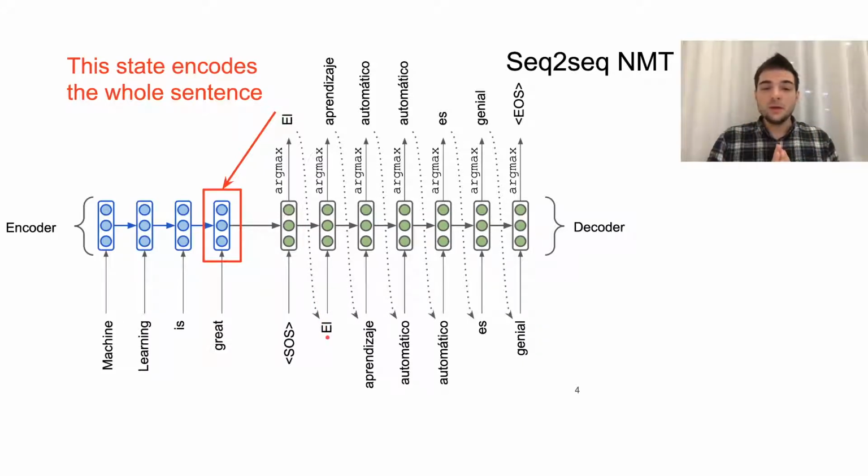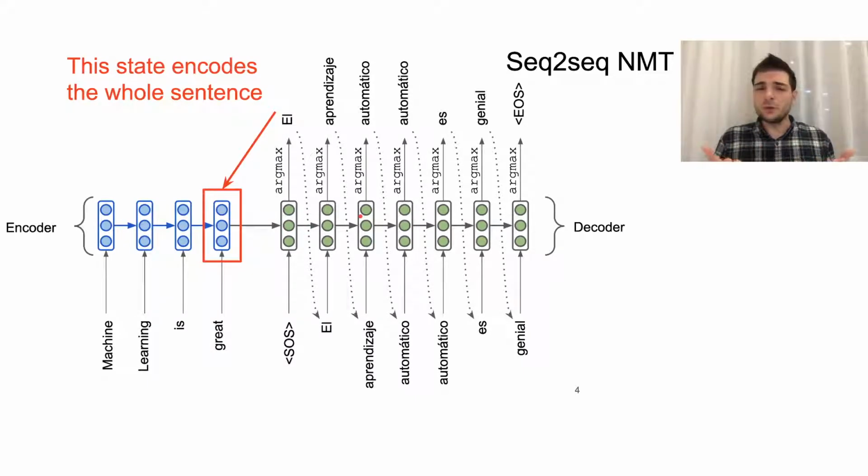That's all true. But if you take a look here, you can see that the decoder is always connected with the encoder because it has taken its hidden state in here. Every hidden state of the decoder is based on the previous one, which in its turn is based on this hidden state. So the decoder is trying to recreate the information stored in this hidden state, but in the target language.